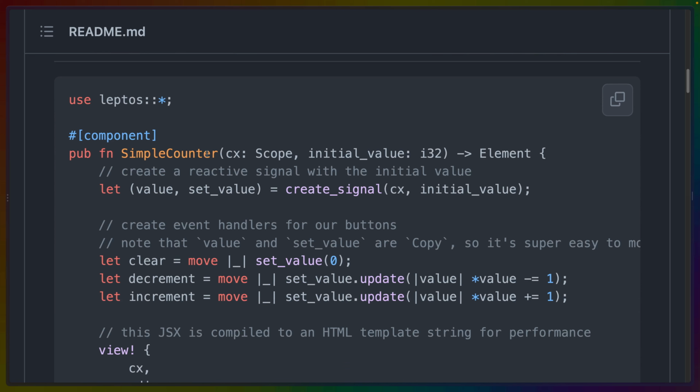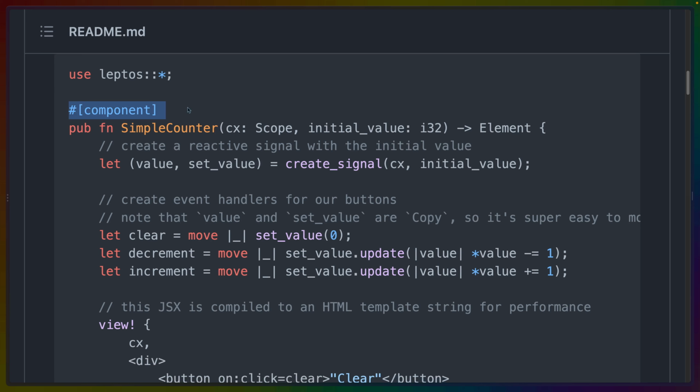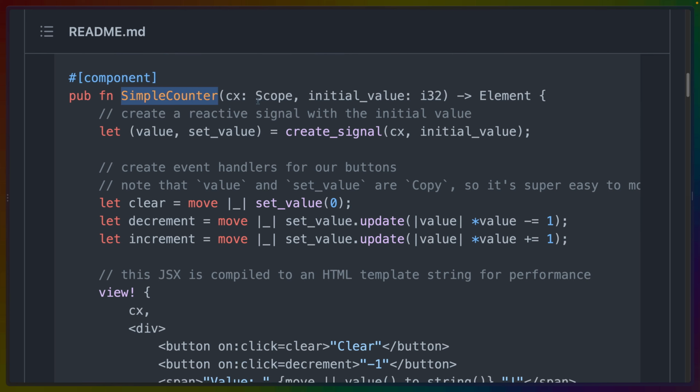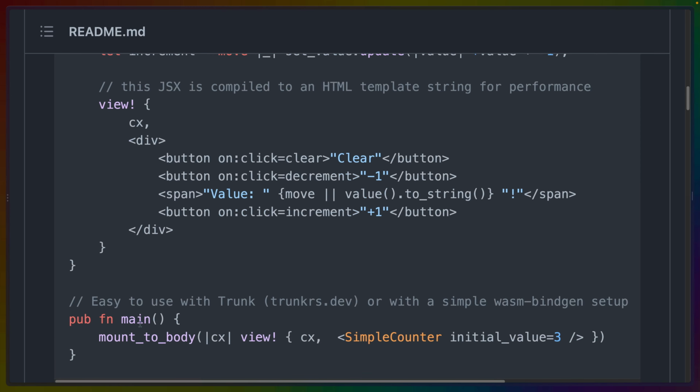So what we end up with here is something that looks incredibly similar to Sycamore. In this case, the simple counter example has a component macro that I kind of like here. So we have this function called simple counter, which becomes our component. Down in the main function, we've got this mount to body function. It takes the context or the scope, however you want to pronounce that, in the same way that Sycamore does, and has a view macro in the same way that Sycamore does, which you pass that scope into. And then we can just use simple counter as effectively HTML, which is the part that I really like about